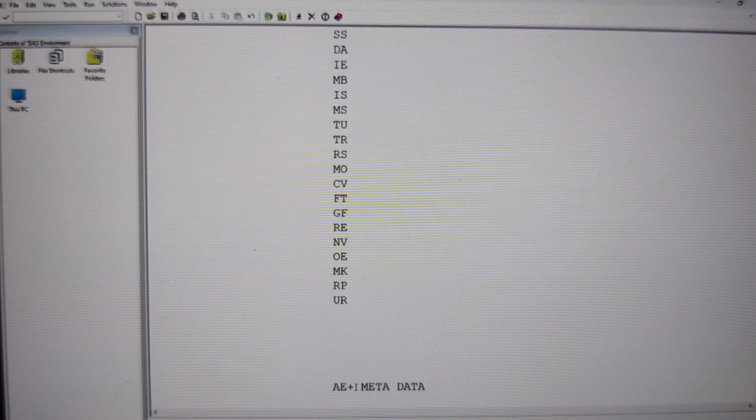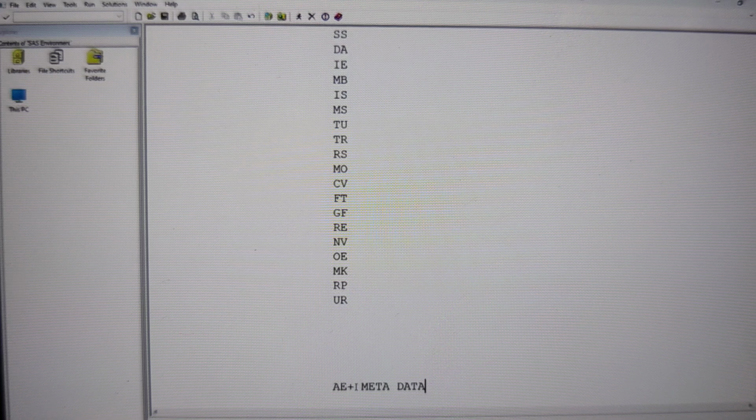Do you know what is metadata? Data about the data. Understand this one? Data about the data. In real time, the data alone is not enough, it is not complete. Along with the data, you have to submit the metadata, because the metadata is going to tell you how you created this data set and whether you have followed CDISC standards or not, whether your data set has CDISC compliance or not.